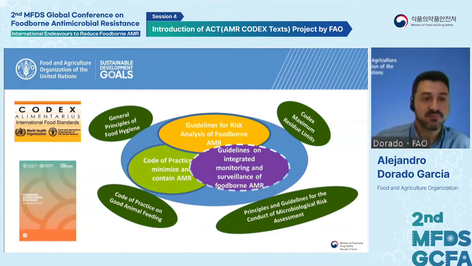This is one of the major advancements of last year. Thanks to this, we have higher level guidance on how countries can start implementing their work on integrated surveillance. This is the main focus of this ACT project, the Antimicrobial Codex Text project: supporting countries, the main beneficiary countries, but also at the global level, to implement these guidelines through practical